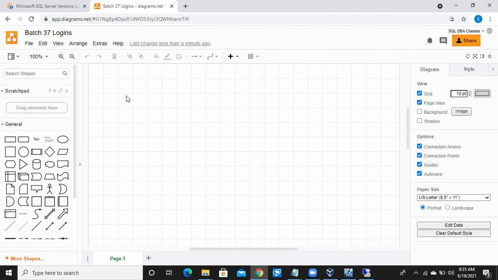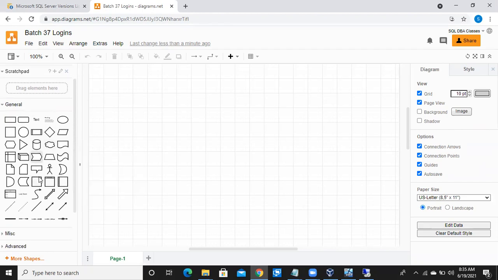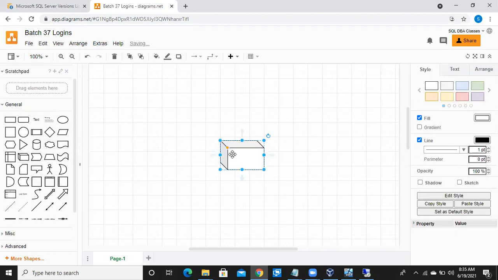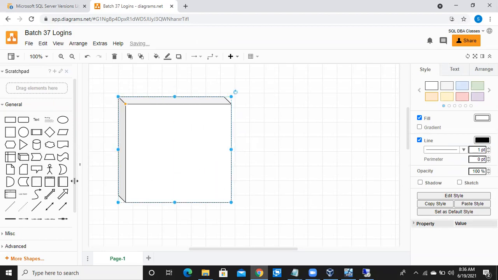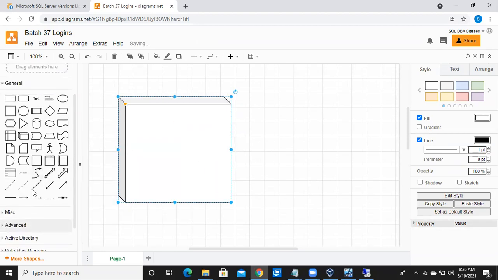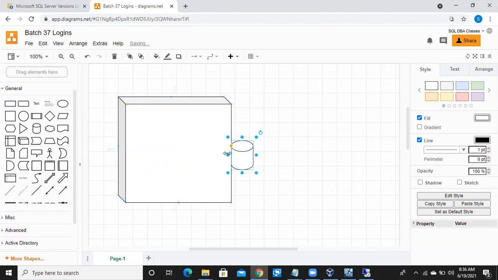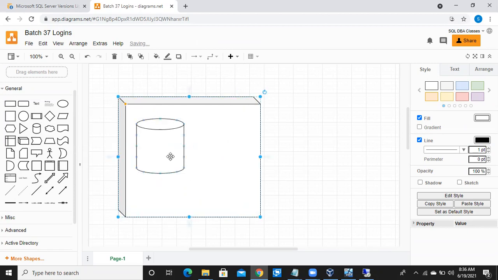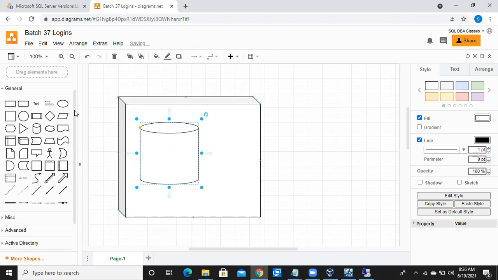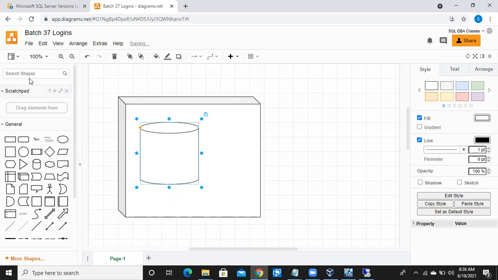Okay, so let me draw a server. Imagine this is my server, a Windows server, and let me go with the SQL Server. Listen carefully. I'll try to spend as much time as possible on this topic, because it is very important. Let me add some databases here.